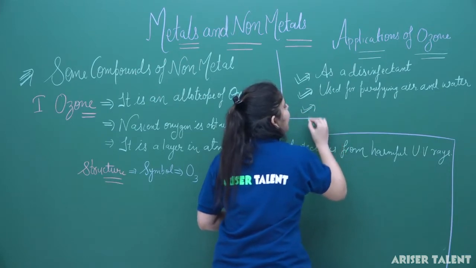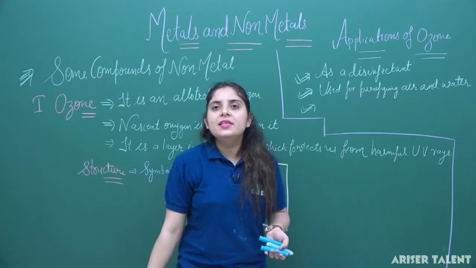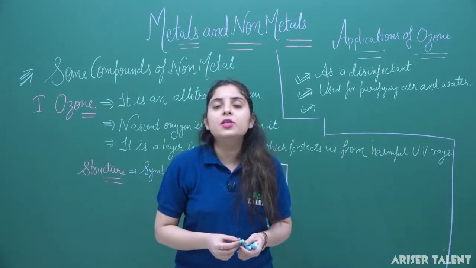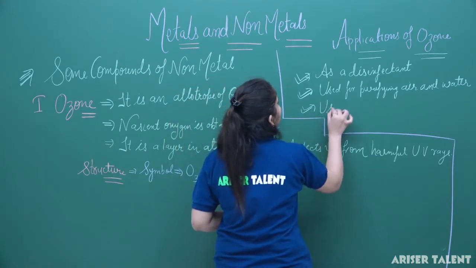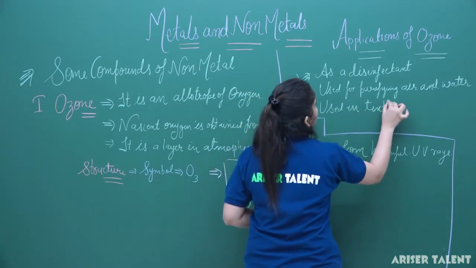Thirdly, it is a layer that protects us from harmful UV radiation, and its purpose is also industrial. It is used in industry, and sometimes in the textile industry for dyeing purposes. Next application is in the textile industry,